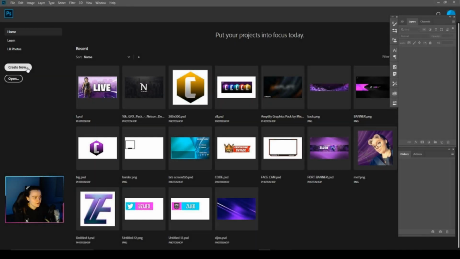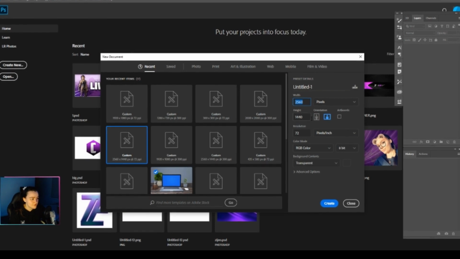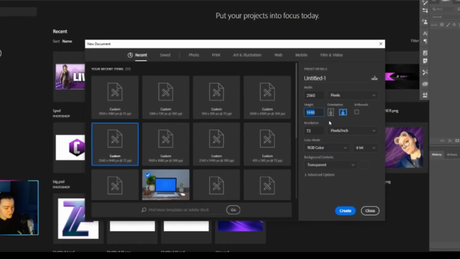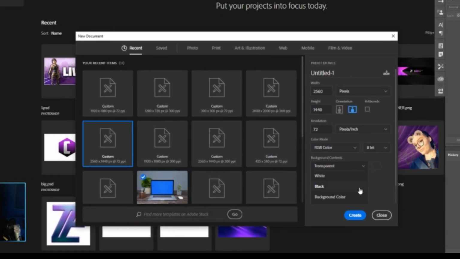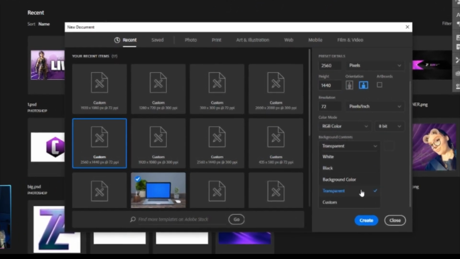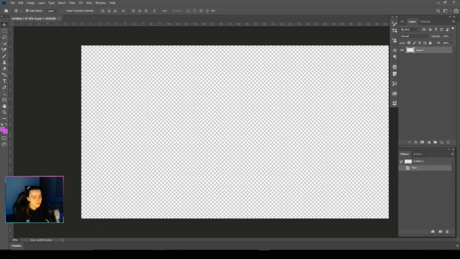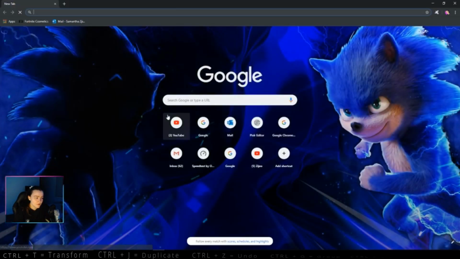I'm going to press create new. Do 2560 by 1440 once again according to Google. I don't really know what to do for the resolution, but we're going to make our background transparent. Press create. First we're going to go to Google and we're going to search up